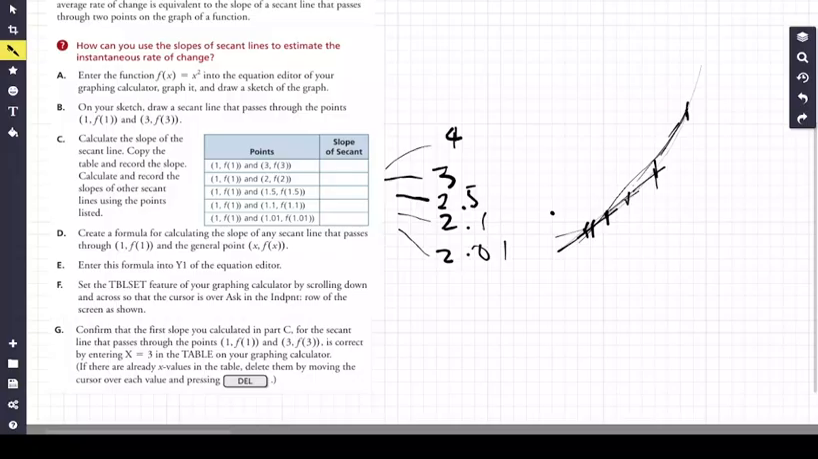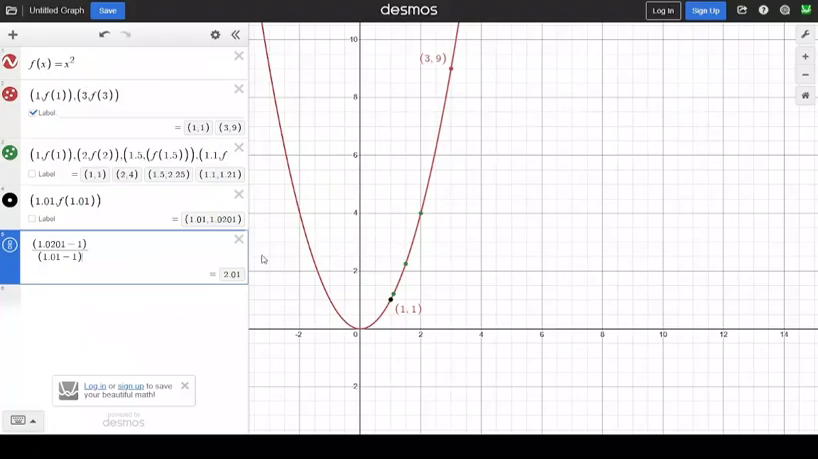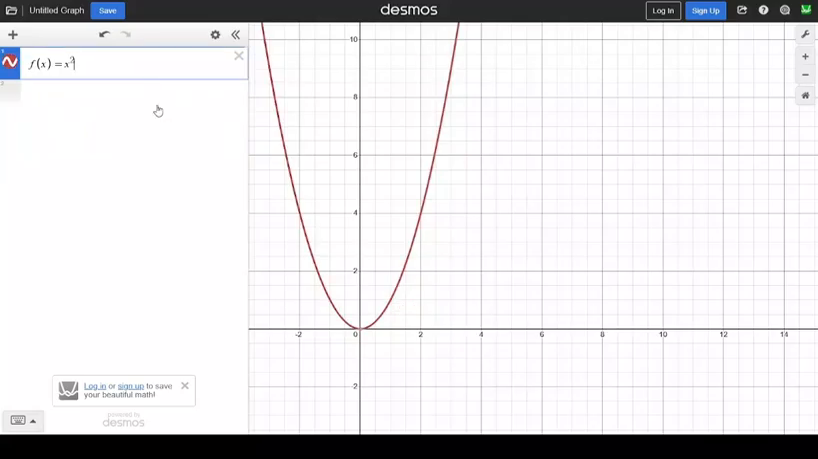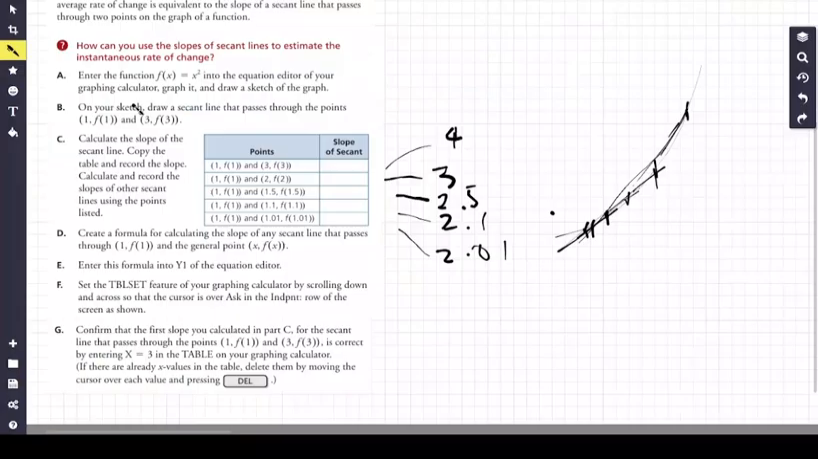Okay, let's go ahead and do D. Create a formula calculating the slope of any secant line that passes through point 1, f of 1, and the general point x, f of x. So we don't really need a formula. All we need is the slope. We don't really need any new formulas. All we had before is our slope formula. So